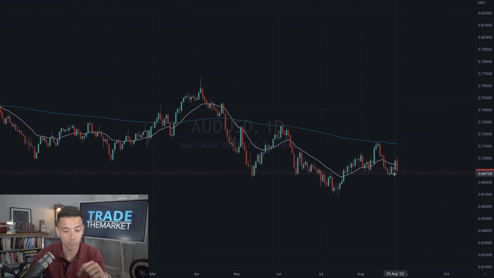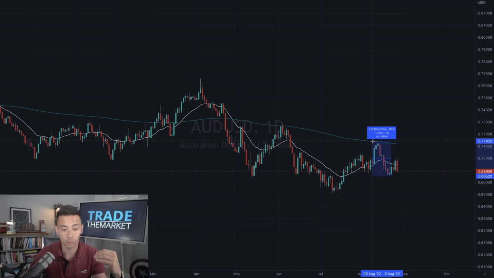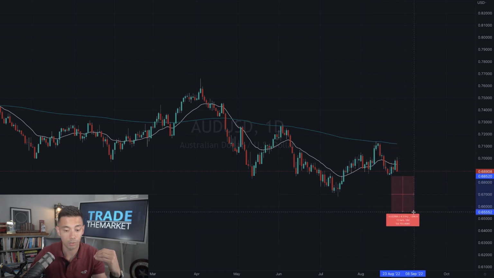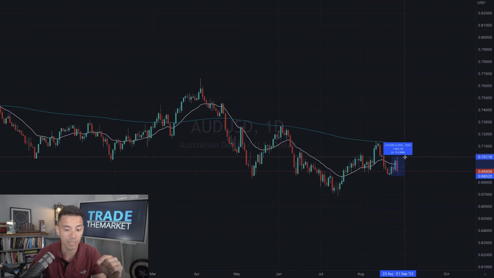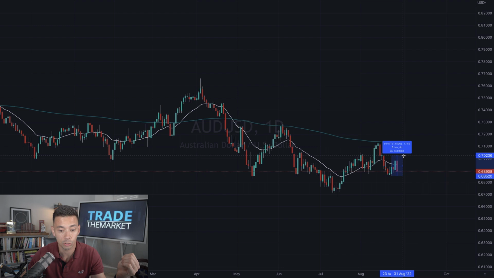If I pull in this ruler here, if we take a look at the difference, so if I got short there and my stop loss was above the swing highs, that would be 290 pips. All right, so for a one-to-one reward to risk ratio, what you would then have to do is look for the market to come down towards 0.6555 in order to take profits. Whereas if we keep, there's still a proven place to put a stop loss, and I call it the two bar high or 2 bar low stop loss.